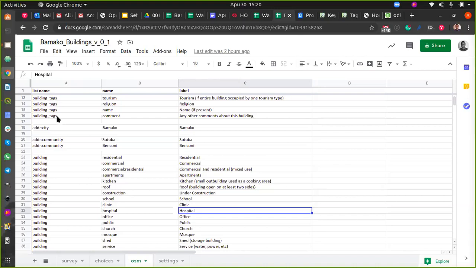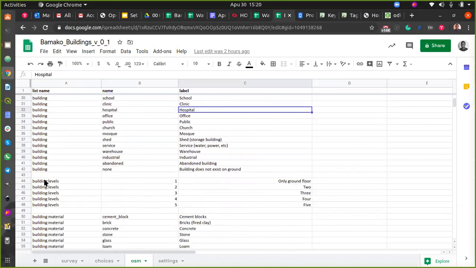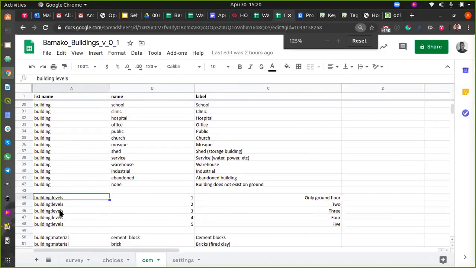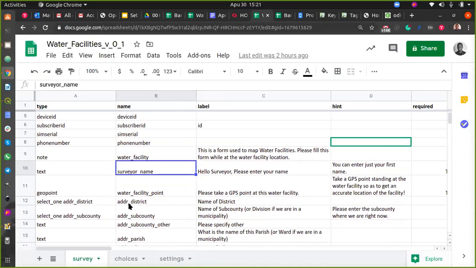This is why if you take a look, you do have buildings. If you see this, you do have building levels, okay? In OMK, this is the actual tag in OpenStreetMap, building:levels. But this very tag will not be accepted in ODK. So for instance, for ODK, instead of having,